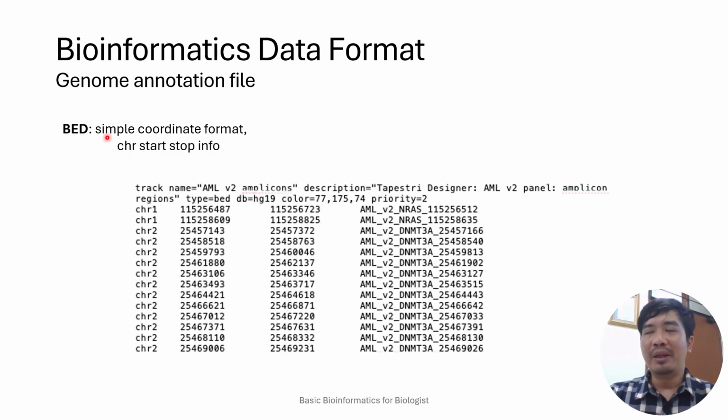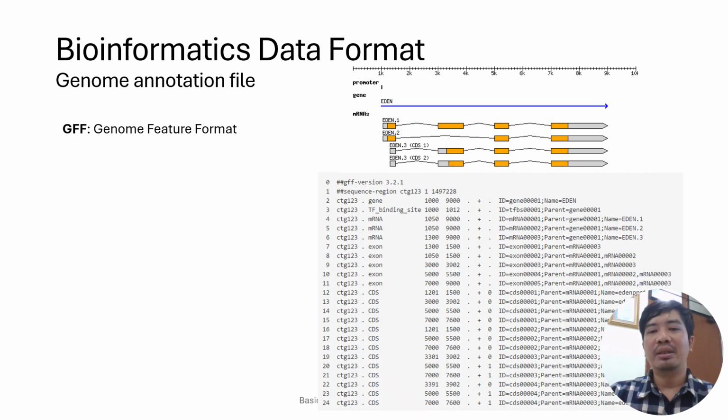This is the BED file. You can use it for anything, for markers, SSR, but there is a more generalized format called GFF, genome feature format. It's the same as BED. We need the name in the first column, which is the chromosome name, to exactly match the identifier on the FASTA file. But in this file, it is more organized,